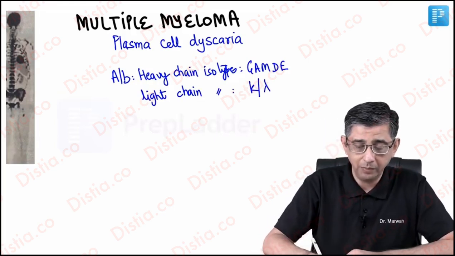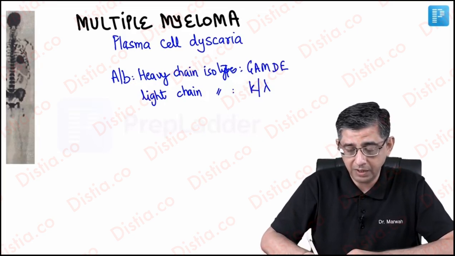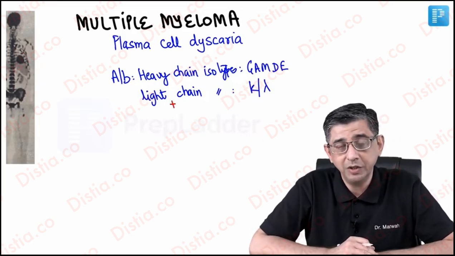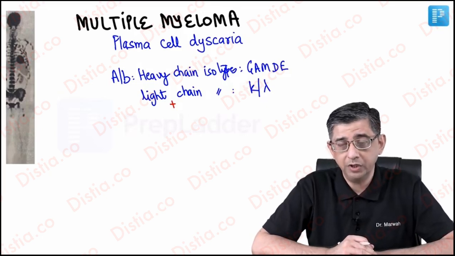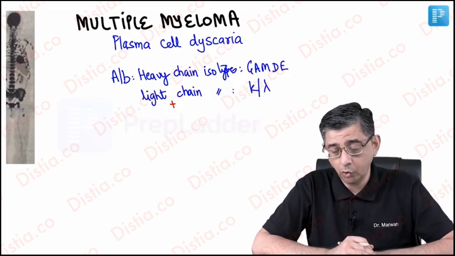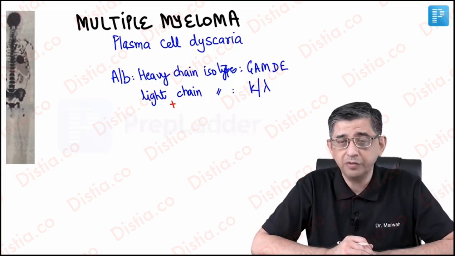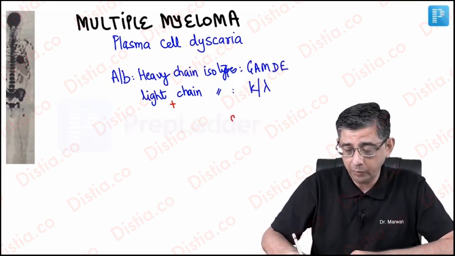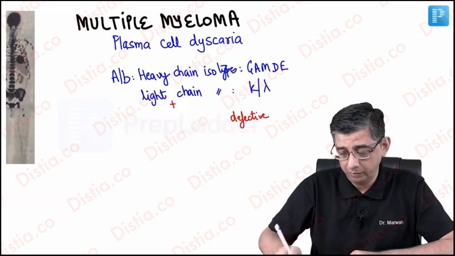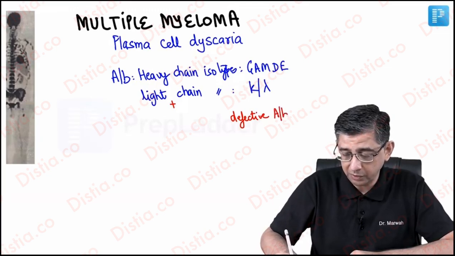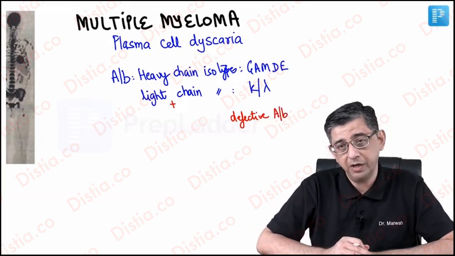And the basic problem in multiple myeloma, I'm putting a plus sign here to highlight the fact that the light chains will be overproduced. Well, there would be a couple of significances of this overproduction of the light chain. The first basic problem is that the antibodies produced in the body of this person are going to be defective. Because of this, the chances of this person developing infections will definitely be higher.